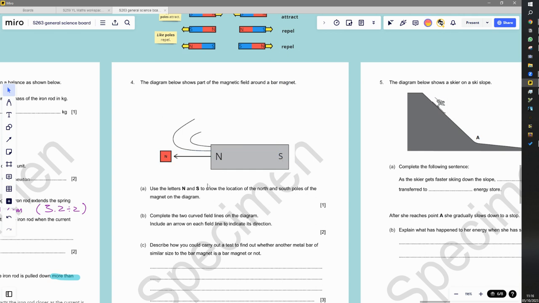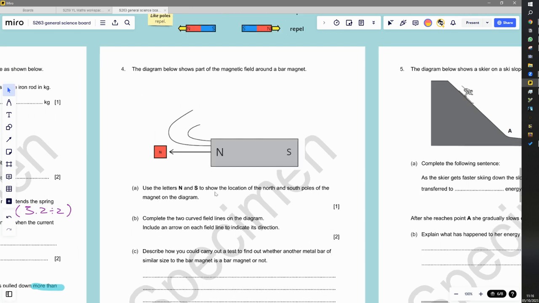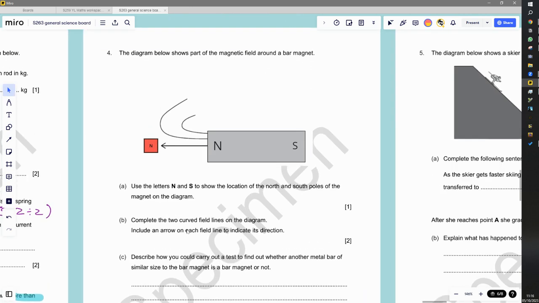So this is how to do the first part of the question. The arrow tells us the direction of the field lines. That means the direction a North Pole would move. And so that tells us that must be the North Pole. Another way you can remember it is the arrows always go away from the north and towards the south. Okay, whichever way helps you to remember it. So